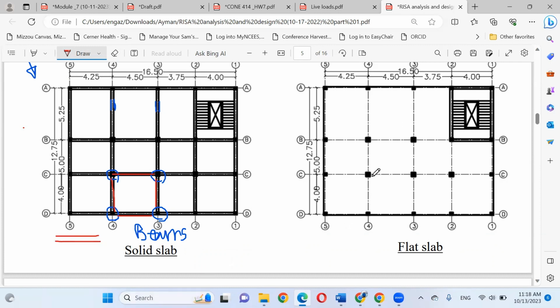If you cannot see these two parallel lines, that means we don't have beams between columns. Even for the edge, we don't have two parallel lines. We have the center line and the edge of your slab. But here, we have two parallel lines, and in between, we have the center line. Does that make sense? So be careful and think.